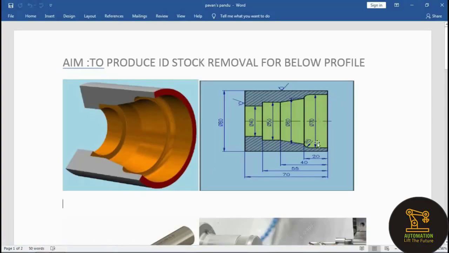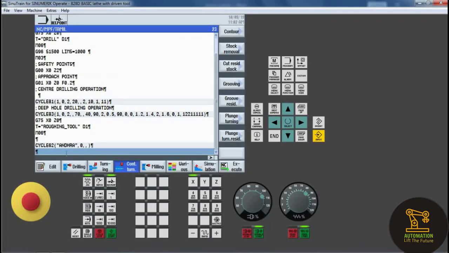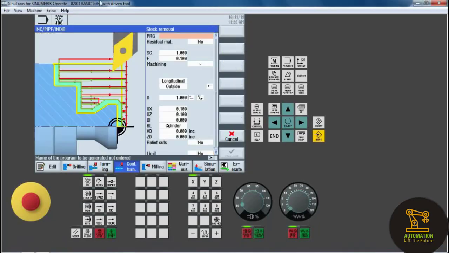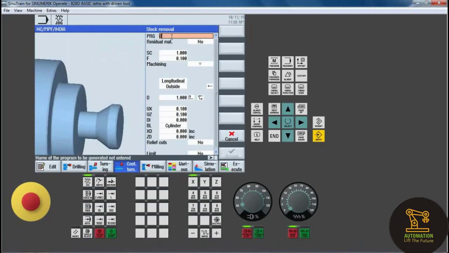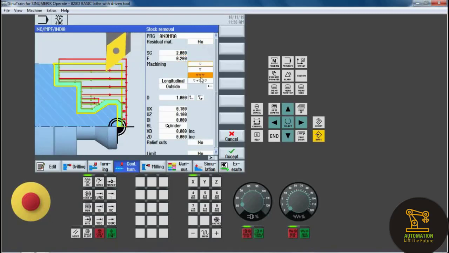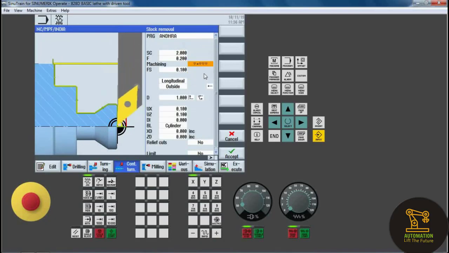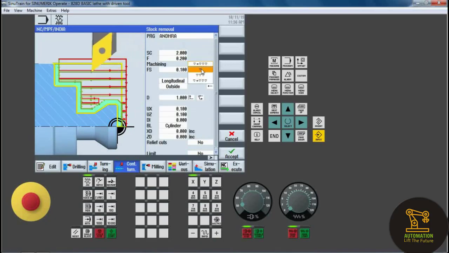Next one is stock removal, so click the stock removal, and here next one is program, and program name is Andhra, and residual material is no, and safety position is 2, and feed rate, F means feed rate is 0.2, and this is the machining symbols. So this is the symbol of roughing, so we put roughing. We want longitudinal, so